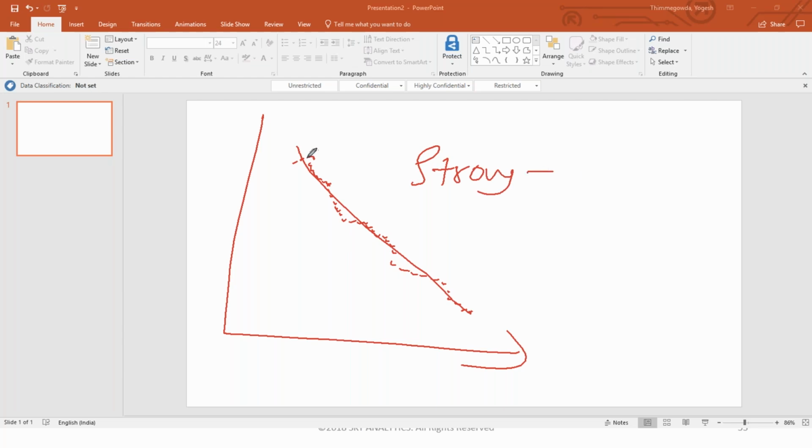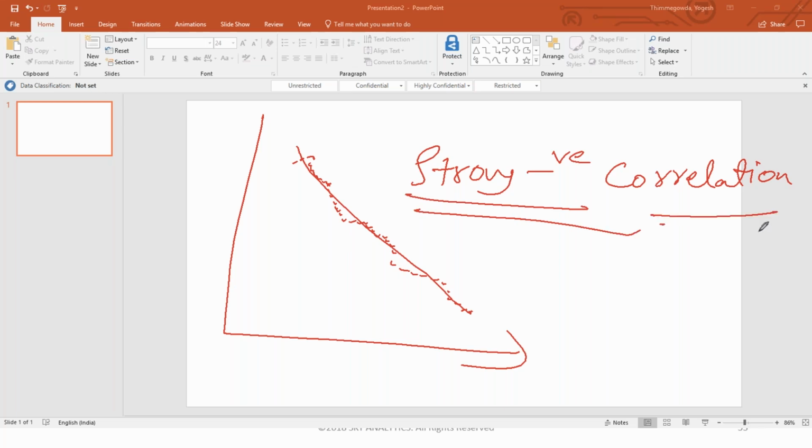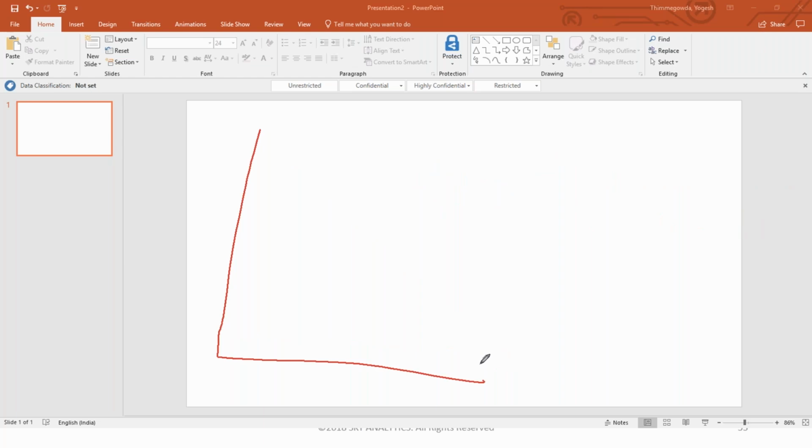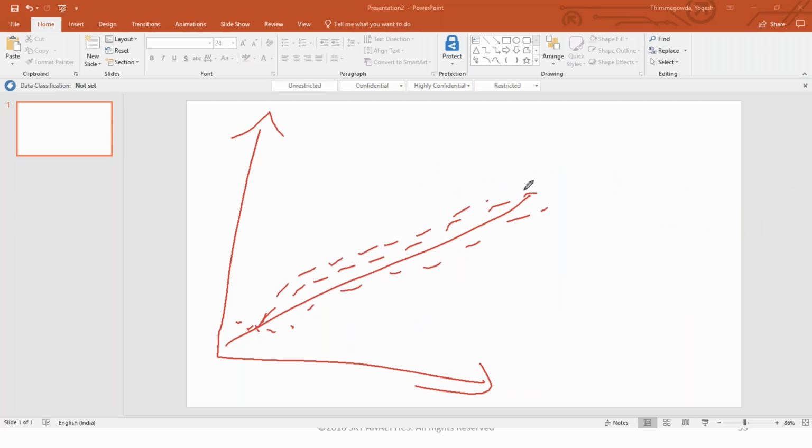It means your data points should be close to this particular straight line, then it is called strong negative correlation. Now, when it comes to moderate positive and moderate negative correlation, if this is your straight line and your data points are loosely scattered from this straight line,